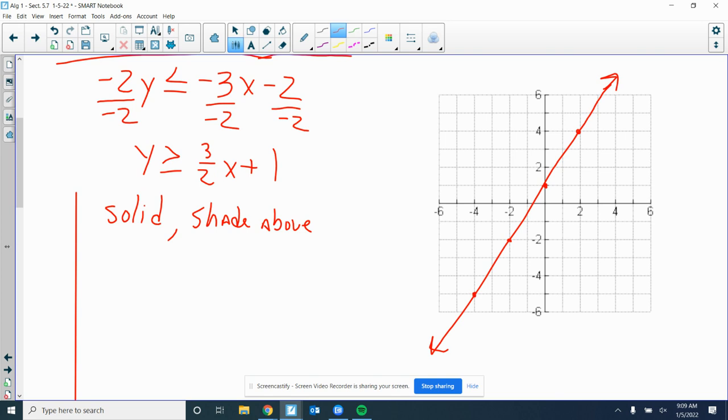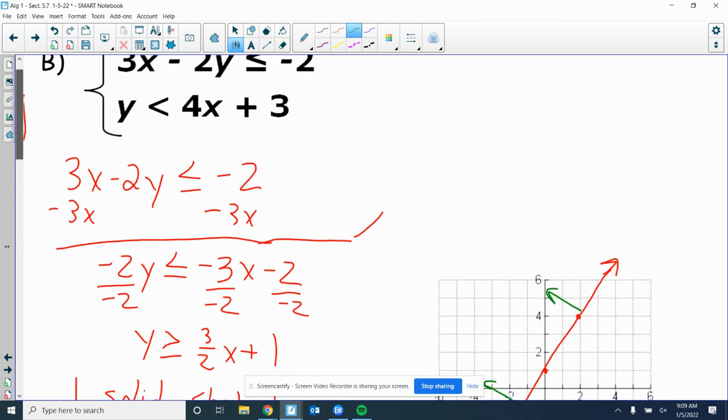Okay, am I going to shade above or below? What do you think? What's it say, Alex? Above. Okay, so guys, don't shade. Just do arrows. That means it's going to be above that red. All right, now, I don't know what my other